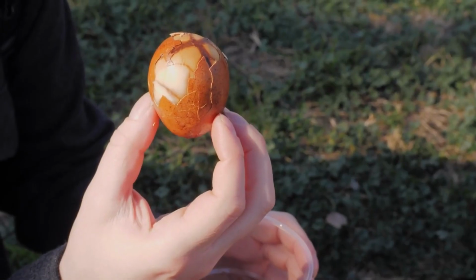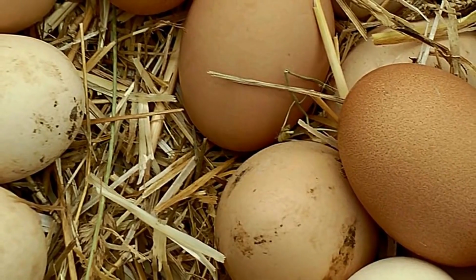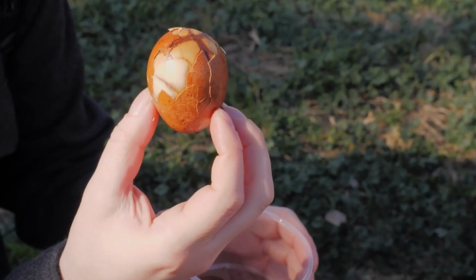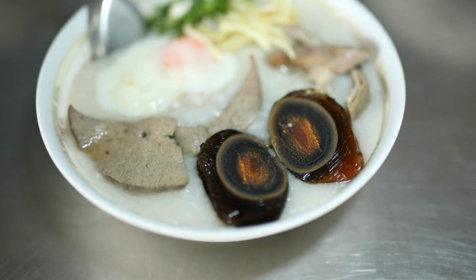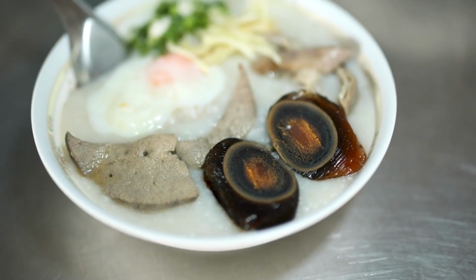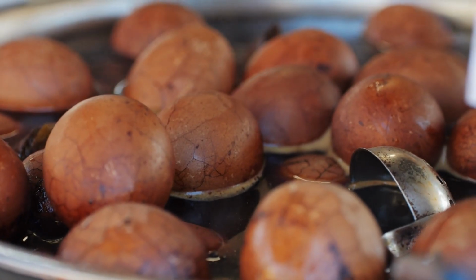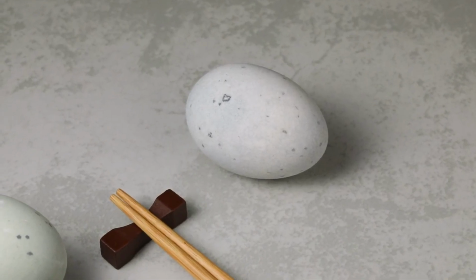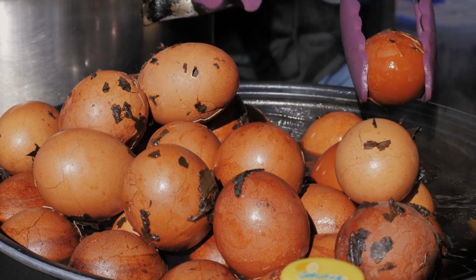Common myths versus facts. Myth: they're unsafe to eat. Fact: properly cured century eggs undergo controlled fermentation, which prevents harmful bacteria. Commercial producers follow strict safety standards. Myth: they're soaked in horse urine. Yes, this comes up. Fact: